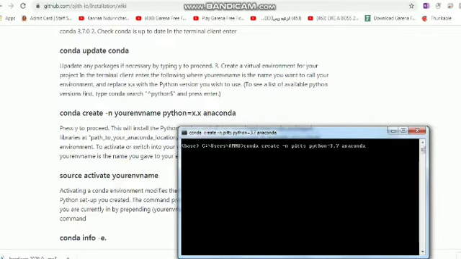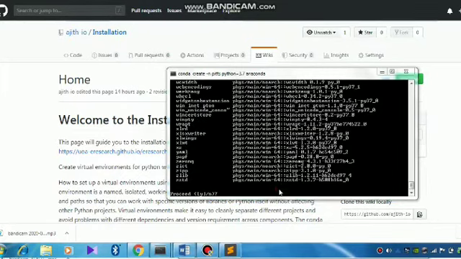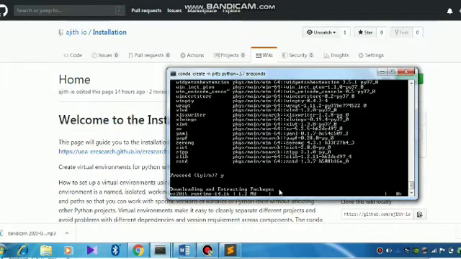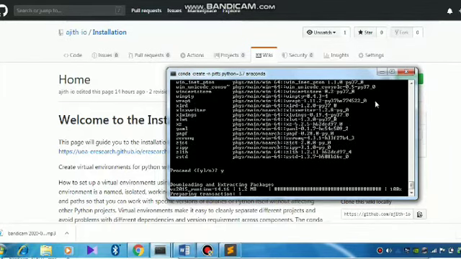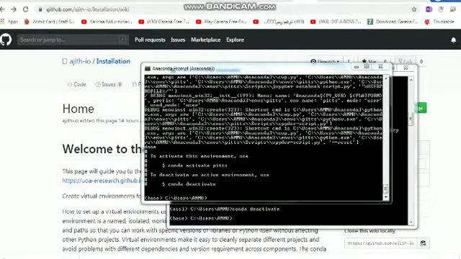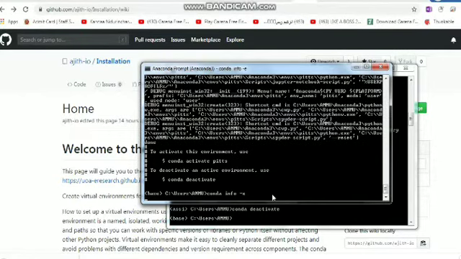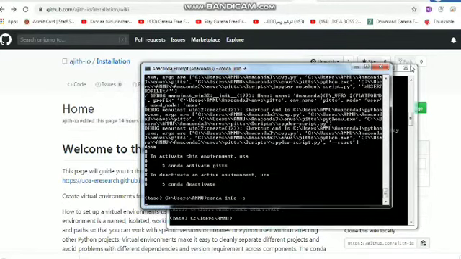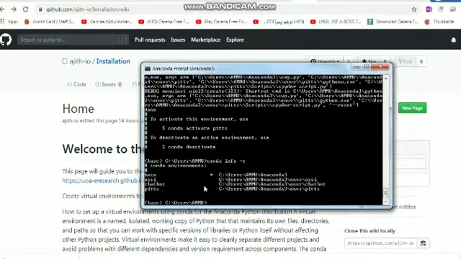Press yes. It's extracting. So yeah, it's installed. Now let's check it. Conda info environment will provide all the details about the environments available in our Conda system. So this is what we created.